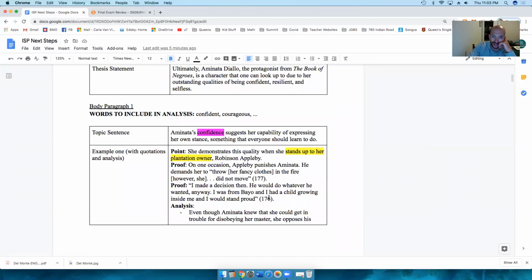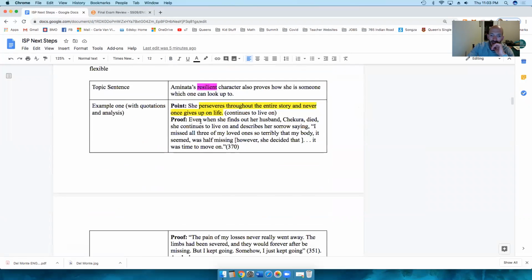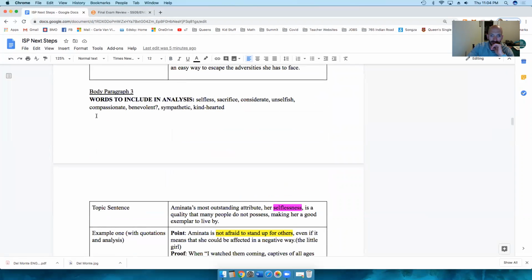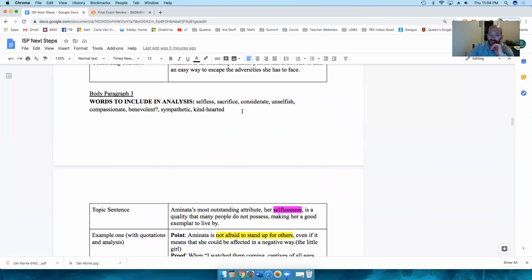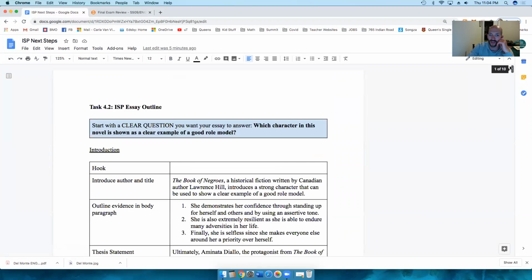And you can see, what I've loved about her essay is that she's color coded. So what's cool here, in this confidence one, she's looking for other confidence type words to use in her analysis. Well, I like this one if you go way down here. When she's going to start writing about selflessness, she's got all these other words that she can use. She's made notes to herself of, are these words that I can use in my analysis, which is fantastic.